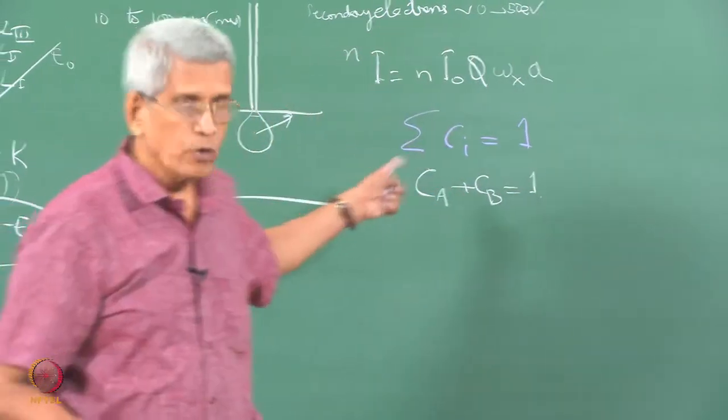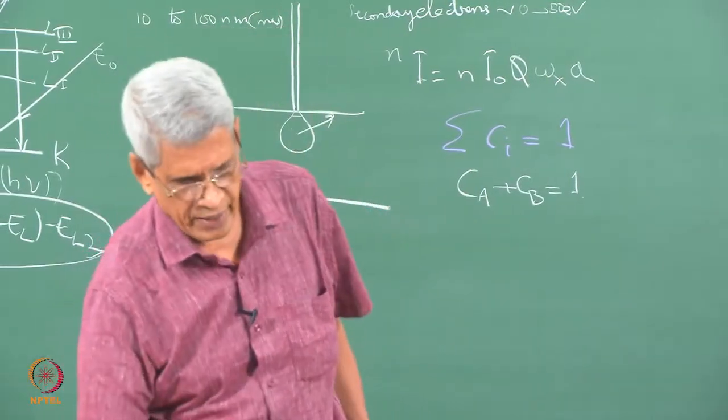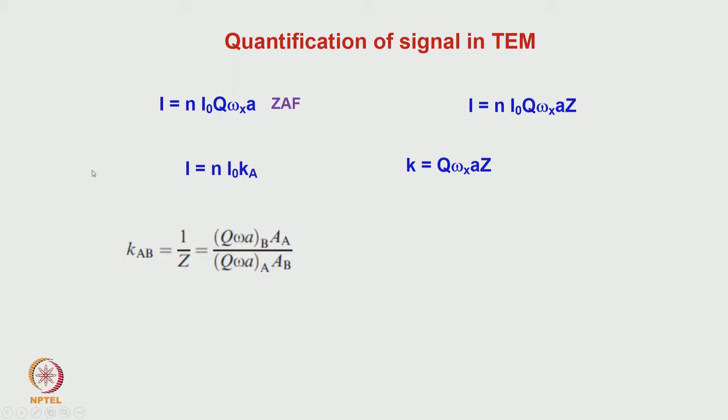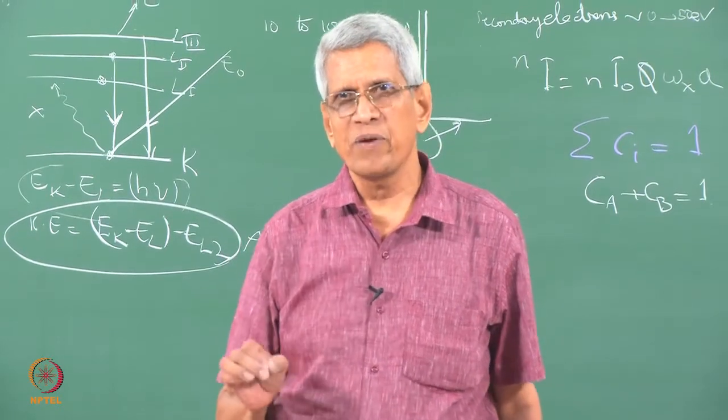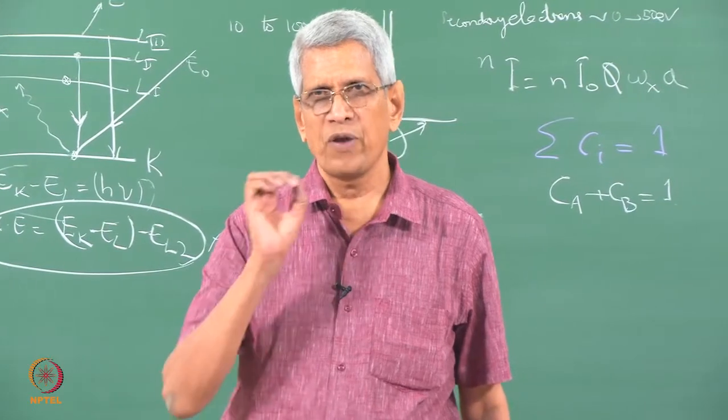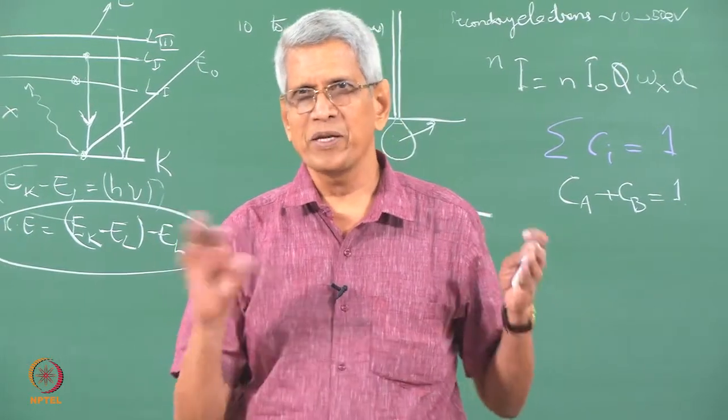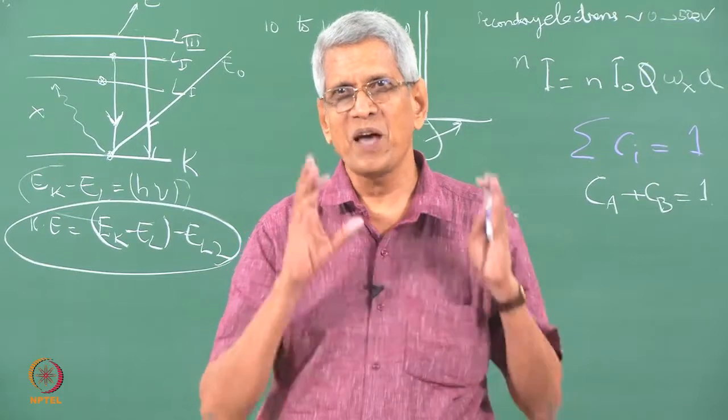We are going to get a signal from Ca, and we can write an expression like this. Similarly, we can write another expression for Cb. If we take the ratio of it, then this is the sort of term which will come, where this term corresponds to K for element A, and 1 for element B. So, this ratio KAB is called the elemental sensitivity factor. This factor is not a constant; it can vary with the geometry of the system. From 2 different microscopes, depending upon the detectors, you can have 2 different values, which are not the same.